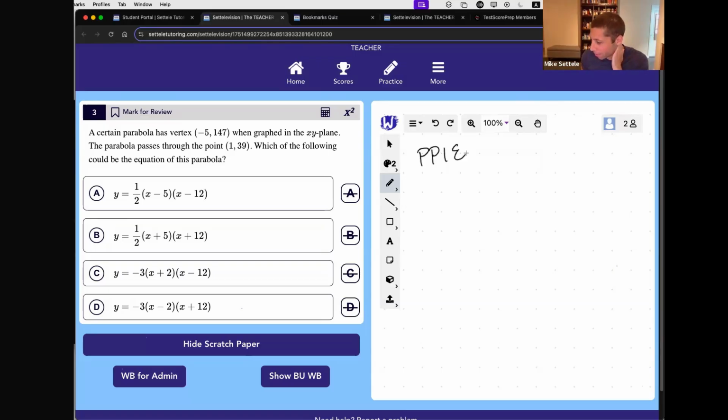Perfect. That works so well. And if anyone knows what PPIE stands for, feel free to let me know. I'm curious if anyone's done anything about their math strategies yet, either from my portal or from YouTube or anything like that. There it is. Yes, Liam, plug points into equations. So I'll write that out.